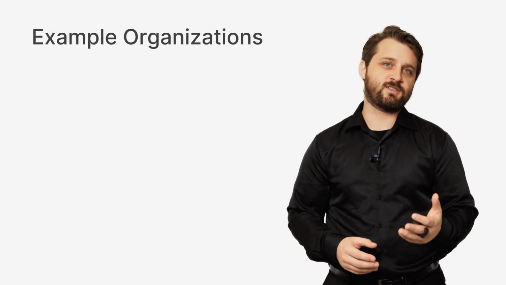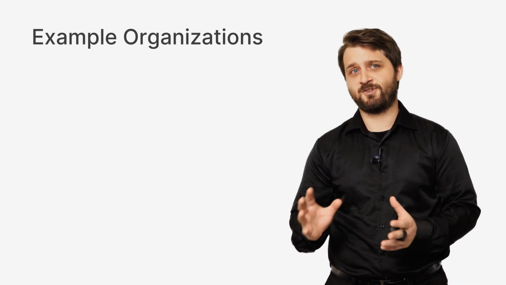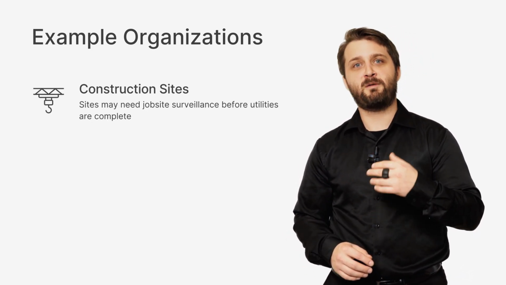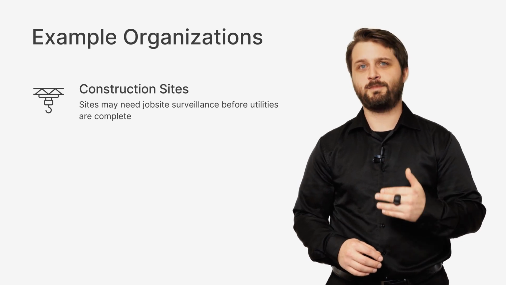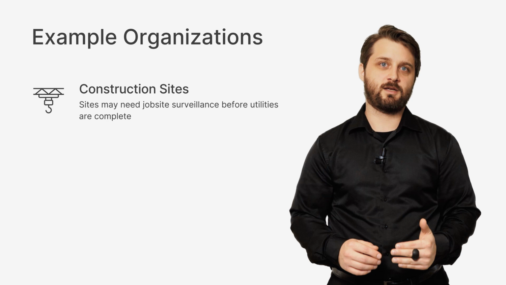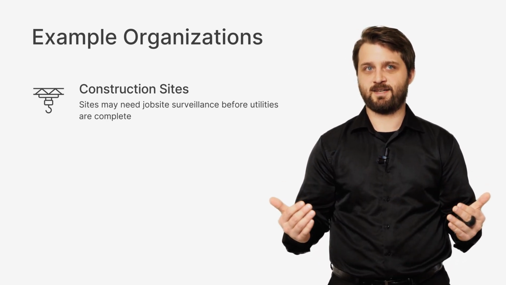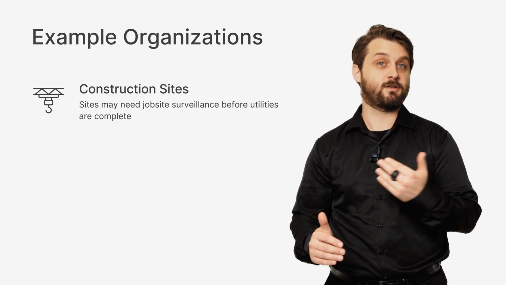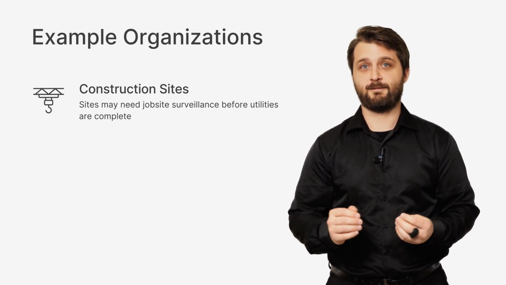Now, some different organizations that might have these kinds of challenges associated with them is a construction site, for example, may have a limited amount of utilities available on it and limited amount of power, and likewise, they'll need quick setup to protect the different materials that are staged on a job site. C2 Surveillance Station would be a good solution for this because you don't also need to stand up a Synology NAS on a dirty job site, for example.